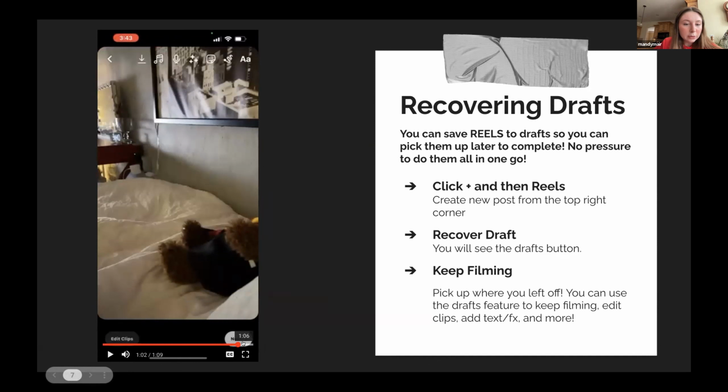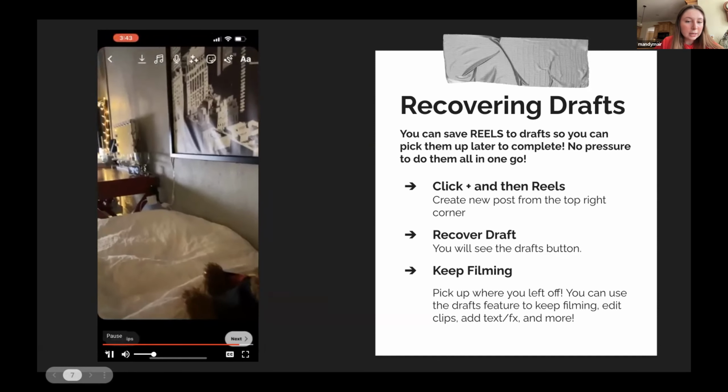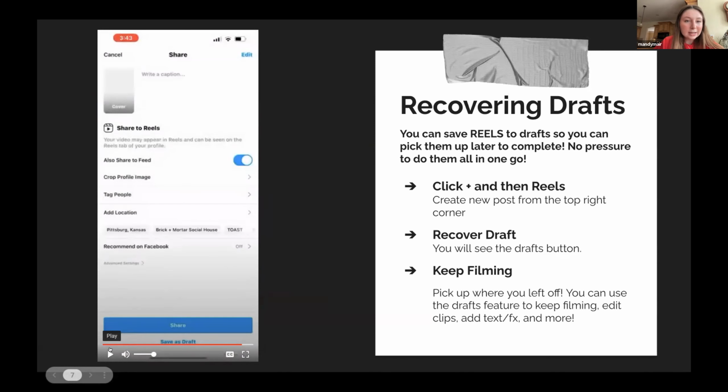And then when you were done with that, you can hit next, and it will bring you right back to the edit screen. From here, if you're like, I don't have time to add text, I don't have time to do anything else, you can hit the save as draft button and it will save your progress. Or if you have time, you can go in and fill anything else out if you need to. But of course, the edit button is still there and ready to go if you were not quite done,